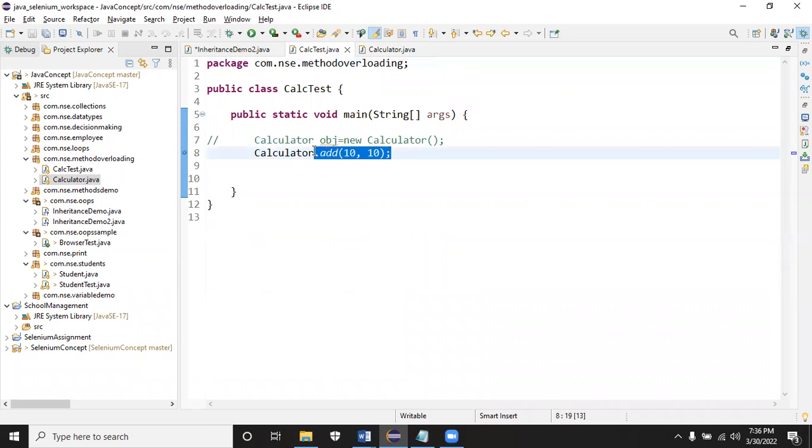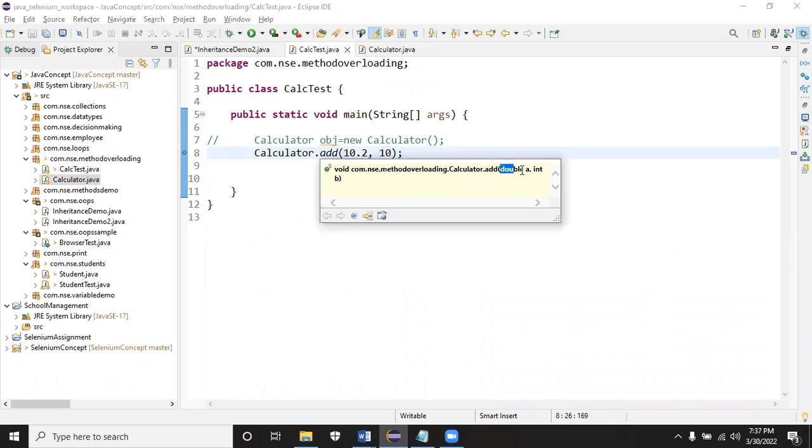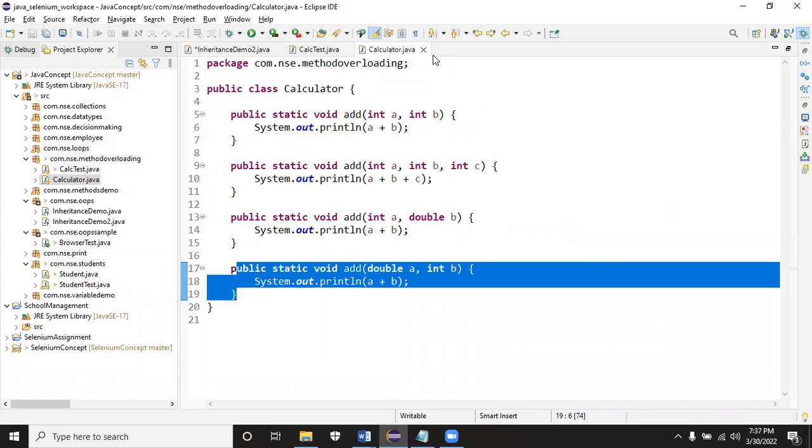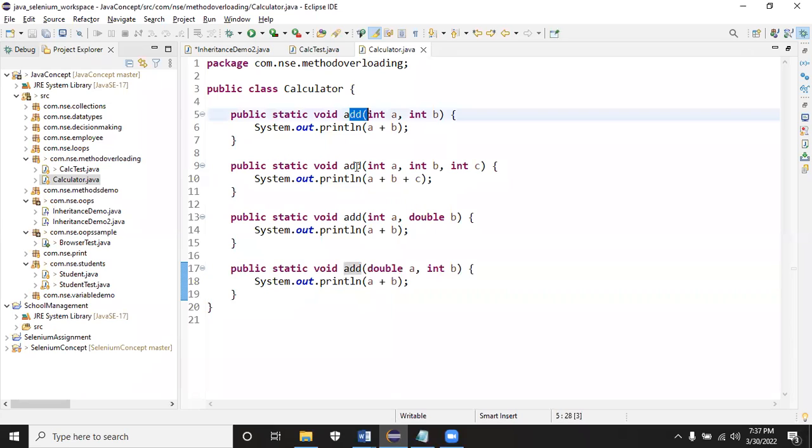While calling the method, if you do calculator dot add 10.2, 10.2, it will call the method which accepts two doubles. If I give 10.2, 10, it will show you the method to be called as add double comma int. During the compile time itself, it will show you, and that method will be called during the runtime. Different forms will be there.